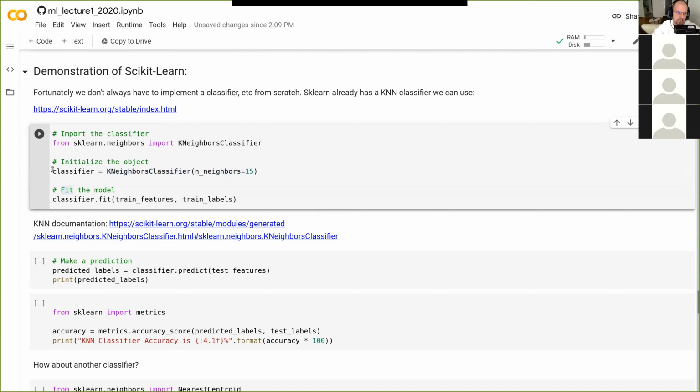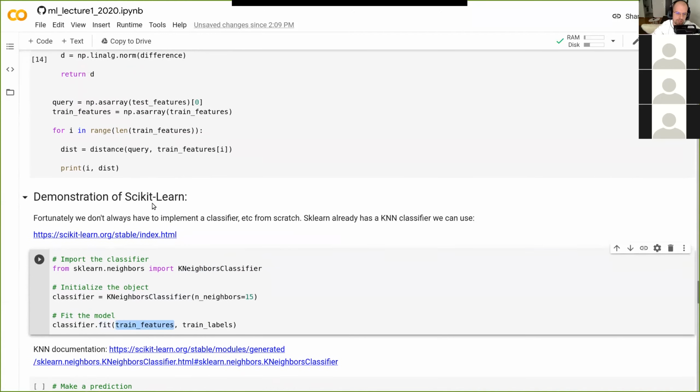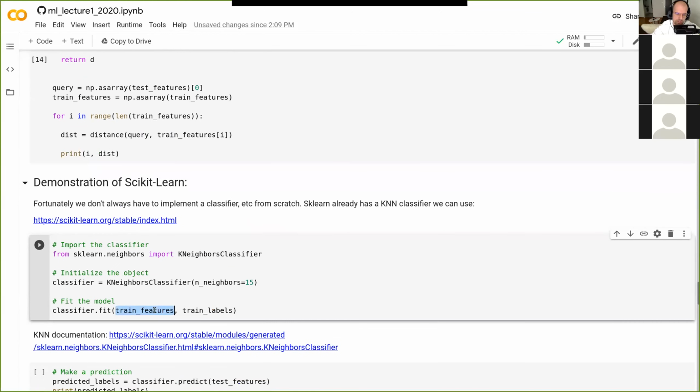The next thing you do after you initialize your object is that your classifier object will have a method called fit. The only thing you have to do is give it 2 arguments: your training features and your training labels. These features can either be a pandas DataFrame, and the labels can also be a pandas DataFrame, or they can be simply a numpy array or lists of numbers. So it works pretty well. Scikit-learn is pretty flexible with what you can give it as input here.